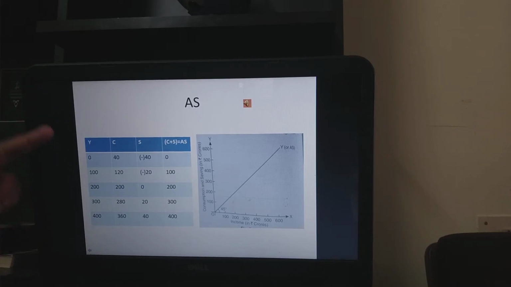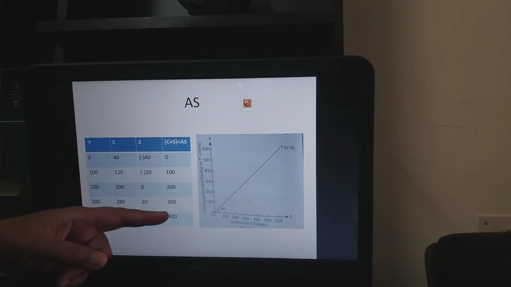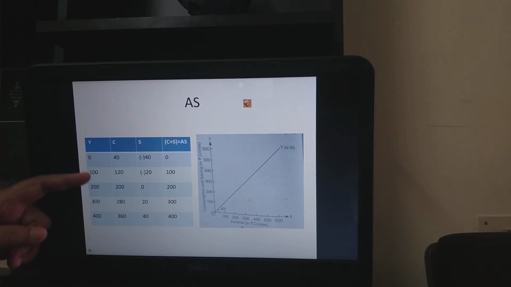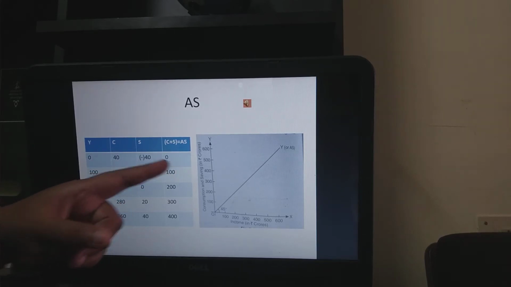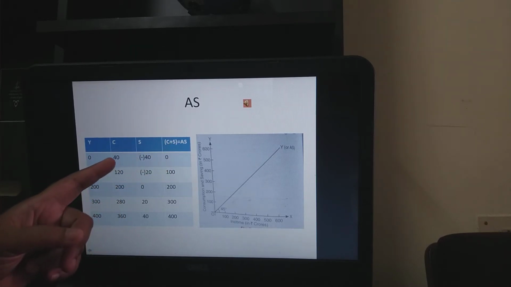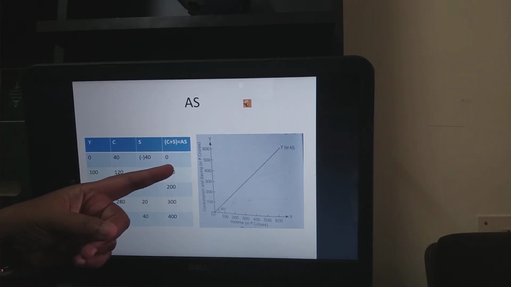This schedule gives you the income, consumption, savings and aggregate supply details. Income and consumption behavior, you are already aware of through the aggregate demand concept. So the additional detail is the savings and the aggregate supply. When there is zero level of income, you know that there will be this autonomous consumption expenditure because the population has to survive, and that is because of the dis-saving, which is given as minus 40. So at this level of income, the aggregate supply is 40 minus 40, which is 0.